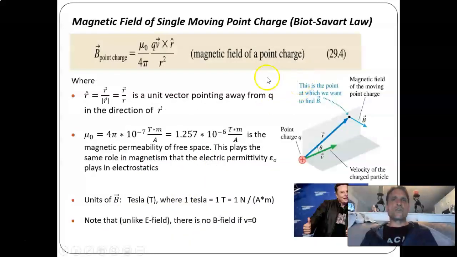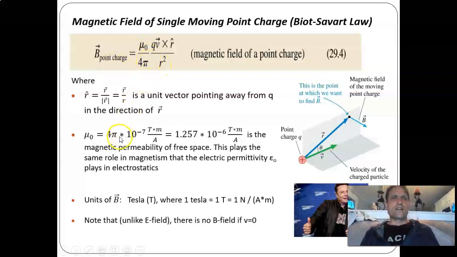We're not going to derive this. Part of it is experimentally determined, but the equation which gives the magnetic field due to a point charge is called the Biot-Savart equation. It looks somewhat like the equation for the electric field of a point charge, right? You have 1 over r squared, so that means that every time we double the distance, the magnetic field strength is 4 times smaller. It has this constant mu naught,